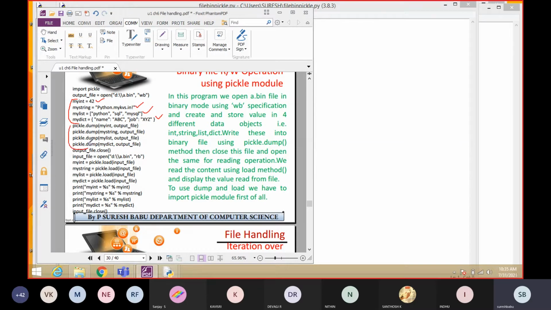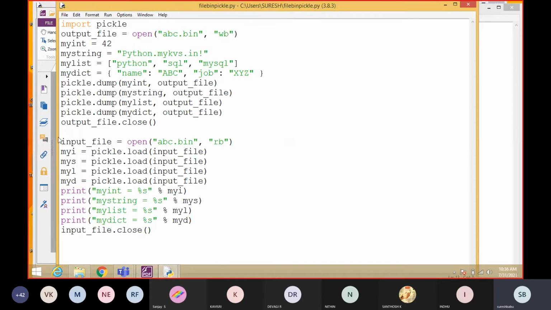Okay, to write in a binary file, by using dump, you have to specify the variable first, then the file name, which file you have to use for writing. I am using my integer, 42, as the value. Here we are going to write in the file a.bin. I already told you, for the binary file format there is no particular extension; they will use any kind of extension. The same program I used here, students kindly understand.